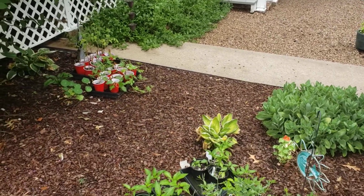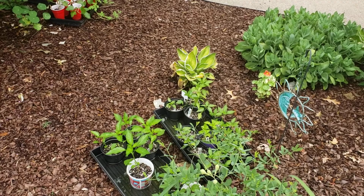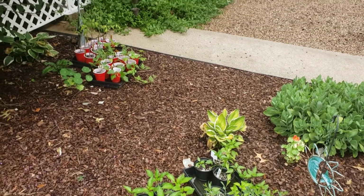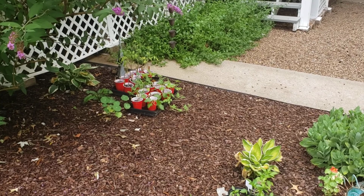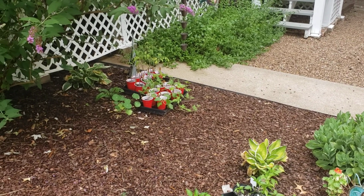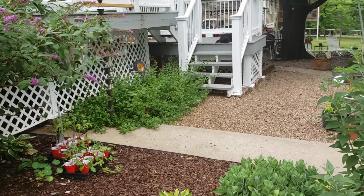And see, here's some more of my plants. I have a bunch of pepper plants here that I don't really know what to do with, and some watermelon and cantaloupes, and some poor looking tomatoes over there that wanted to be in the ground a long time ago, and I'm not real sure about them. But anyways, that is my garden,